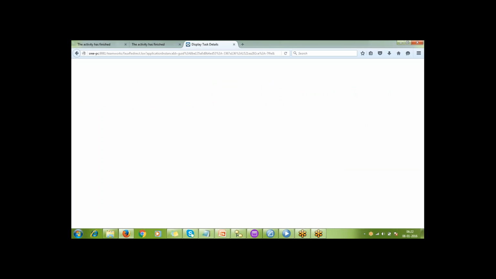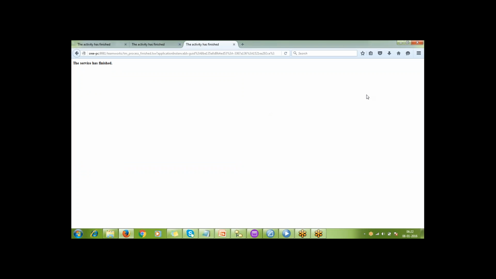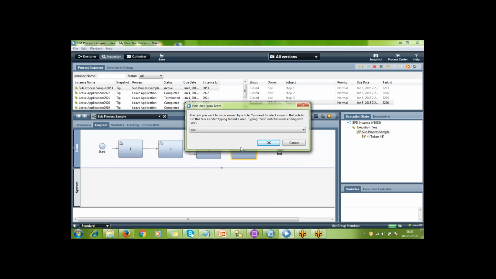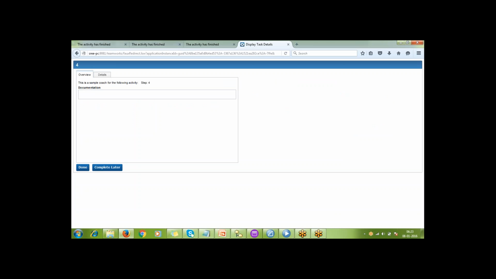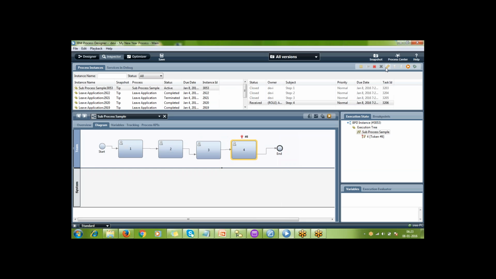So in such scenarios, to make the flow cleaner, you can go with a sub process. Before the sub process, I'm just executing the BPD that is already there. See here how the flow is going on: activity number one, activity number two, activity number three, activity number four. Okay, this is the flow.